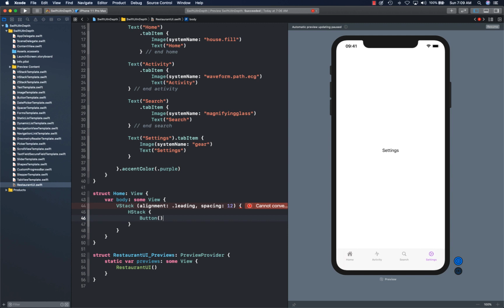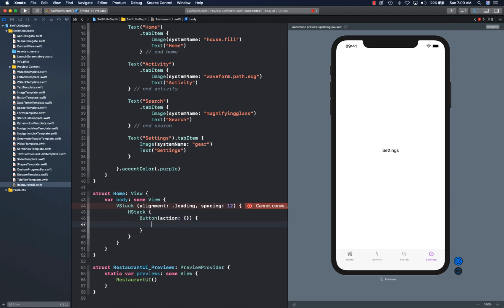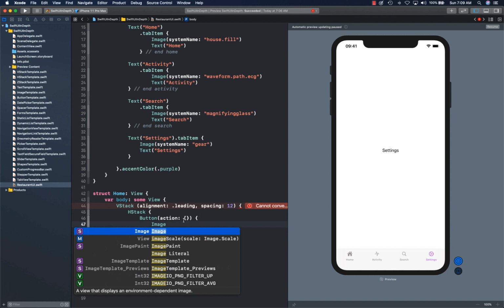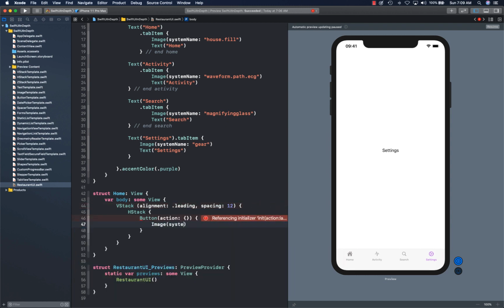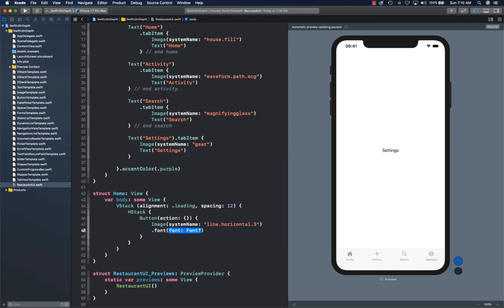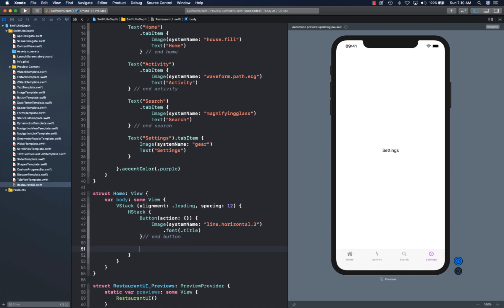Okay, so this is a good revision of what we have done so far and tying all that together. So you're going to create a button. You can give it any action you want, and then system name, we're going to use system image, and we will use line.horizontal.3. Okay, so it's going to show us a hamburger menu. Font is going to be title. And after the button here, we're going to add a Spacer,